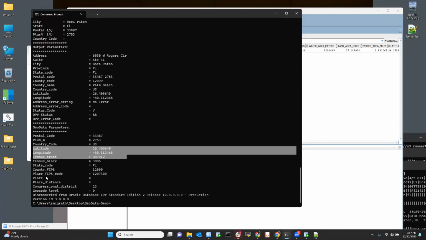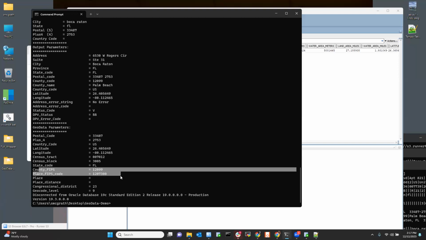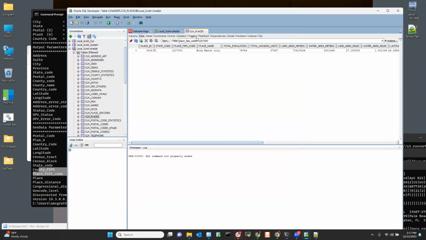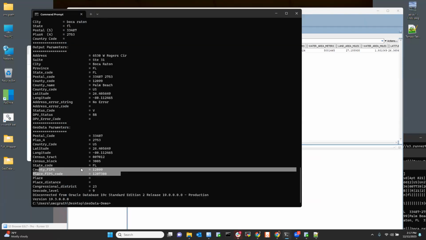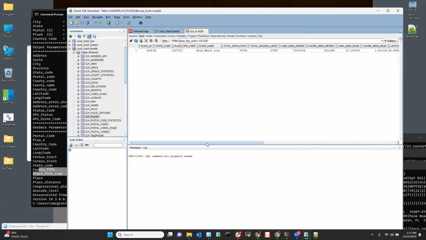You also get the county FIPS and county place code, plus the geocoder level and congressional district level. You also have a table called places, which you can use to query the FIPS codes that come back to get the demographic data based on those places.